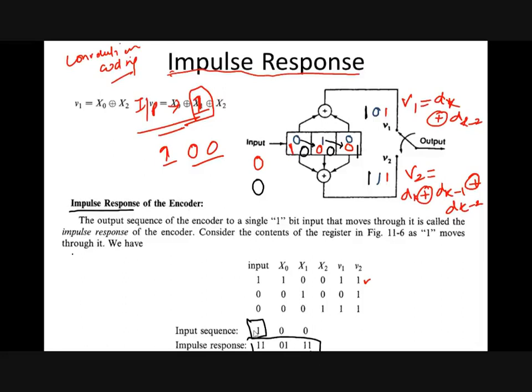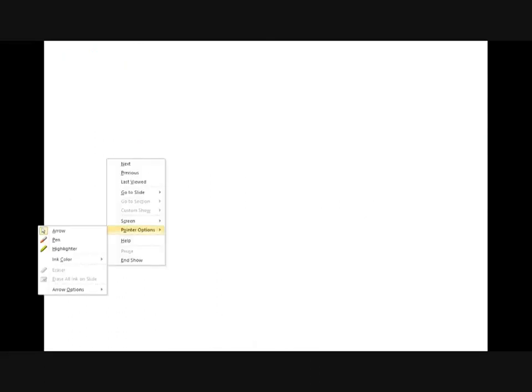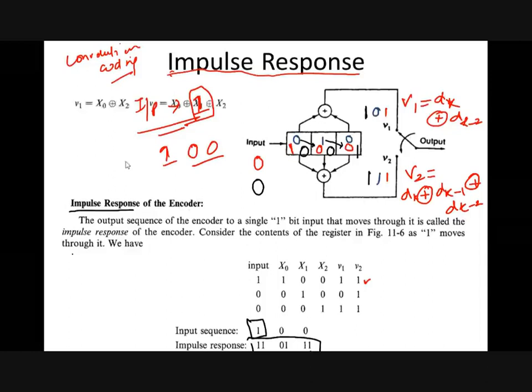From this impulse response we can frame a matrix, and from the matrix we can directly calculate. For a convolution coding, if we have to make a generator matrix, seeing the previous impulse response, I'm just noting it down: 1 1 0 1 1 1, 1 1 0 1 1 1.